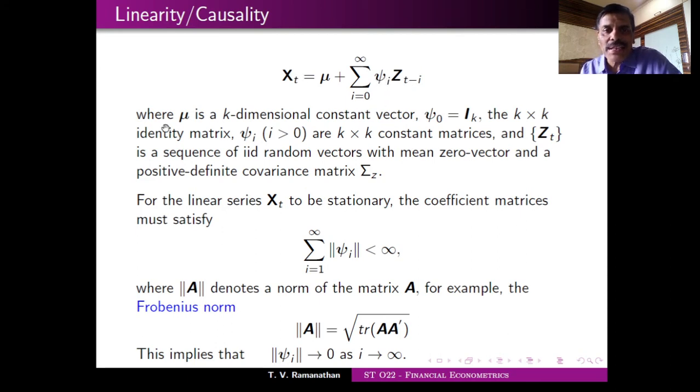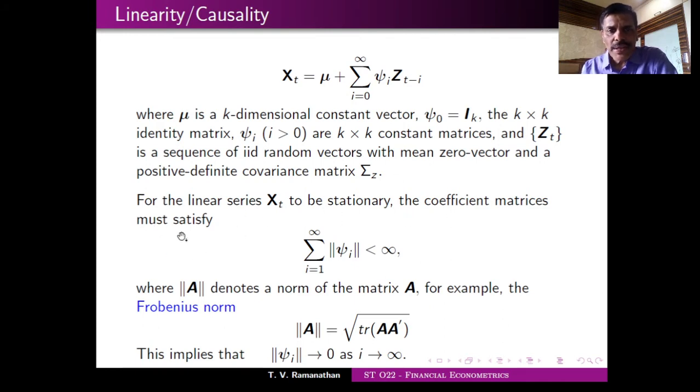If you want to get a vector here, this multiplication has to be with a matrix. So the psi i's are matrices; psi i is a k by k constant matrix. If you have this representation with these conditions satisfied, then for the linear xt to be stationary,